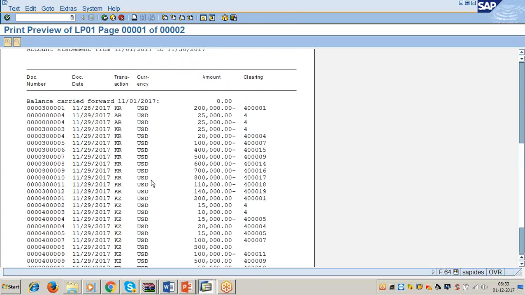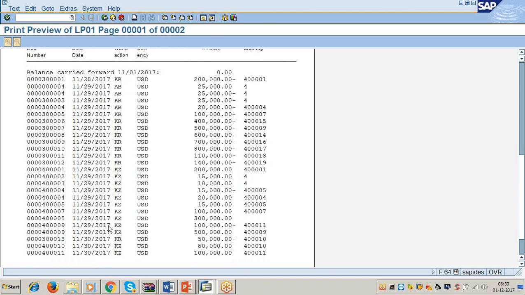Now tell me, in this account statement, which one is the payment and which one is the invoice? How do you know? Can anybody answer me?